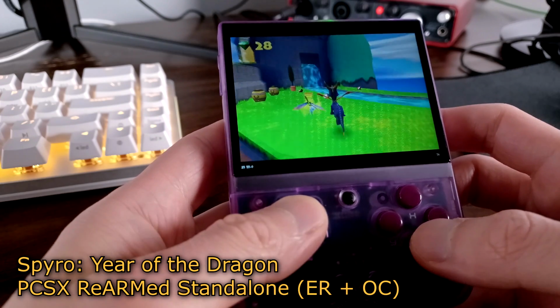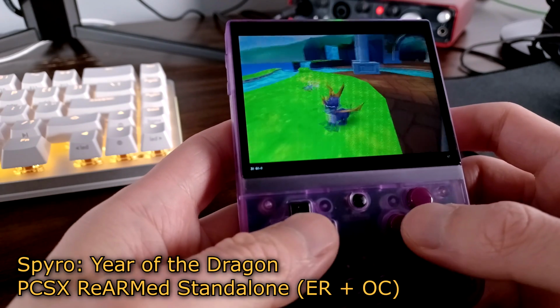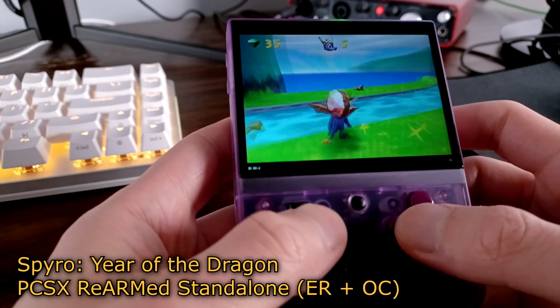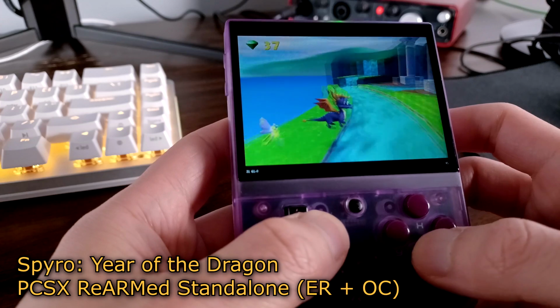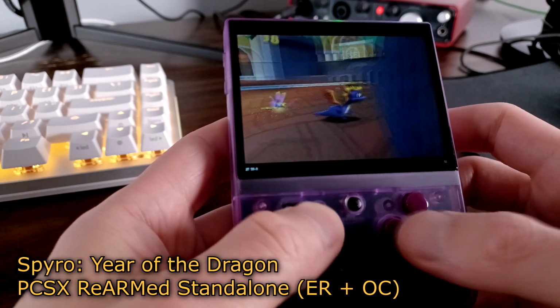For me, I don't really care too much about the graphics, but for those who want to squeeze as much performance out of the device as possible, the standalone app works really well. For those who want higher performance with the convenience of RetroArch and OS features, you can try